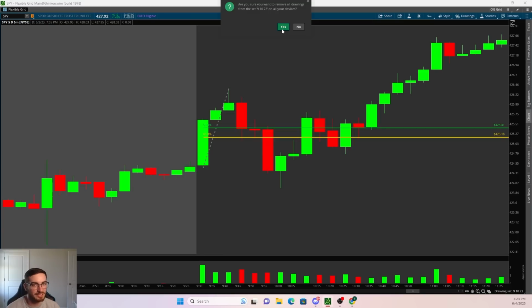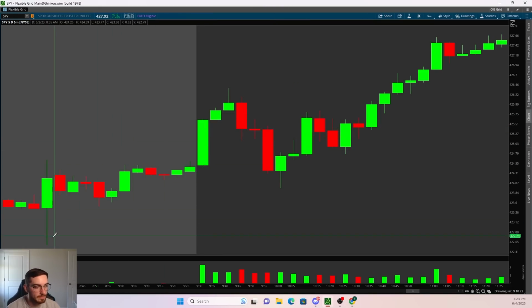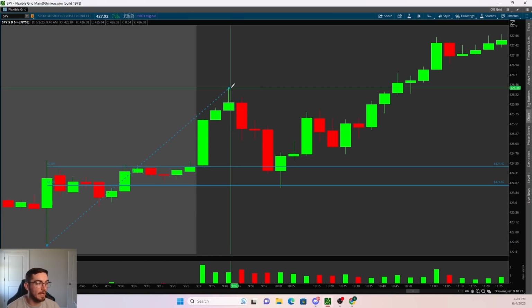That's why I love Fibonacci, because my risk is always so limited. You can take this low point right here in the pre-market, that's the clearest low, all the way up to the high point right here. And as we can see,